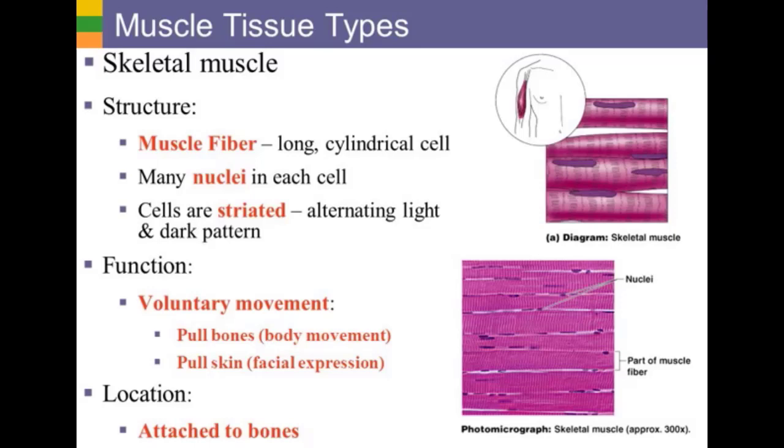Like when we want to pick something with our hands, they are helping with these kinds of body movements. When we want to kick a ball, these muscle tissues are helping us. And when you are talking, like I'm speaking with you, my facial expressions are changing, my mouth shape is changing. This is also due to the muscles in my face. And where are they present? They are attached to your bones.